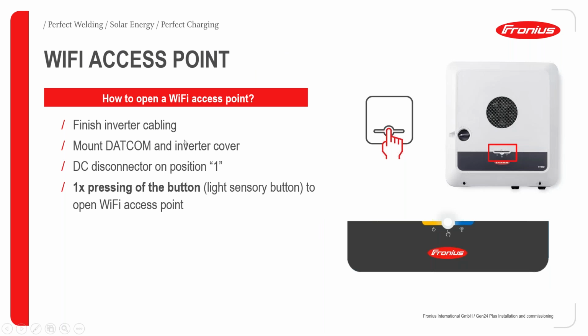Yeah, so Wi-Fi access point. So how do we open a Wi-Fi access point? It's quite simple. All we need to do, once we ensure that the inverter cabling is done, is mount the DATCOM cover and the inverter cover. The DC connector is placed in the on position, and then tapping on the light sensory button in between the LED indicators, you have successfully opened the Wi-Fi access point, and